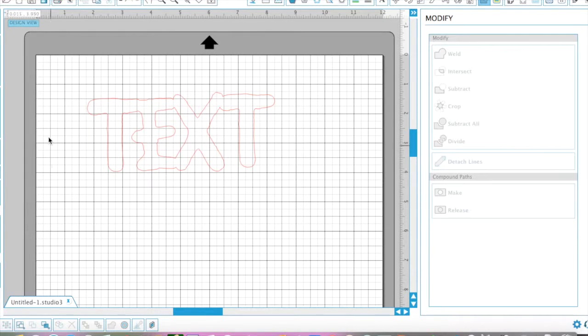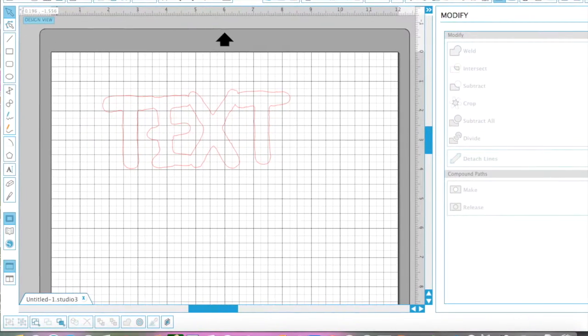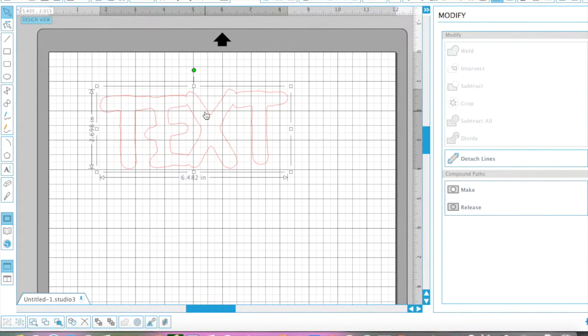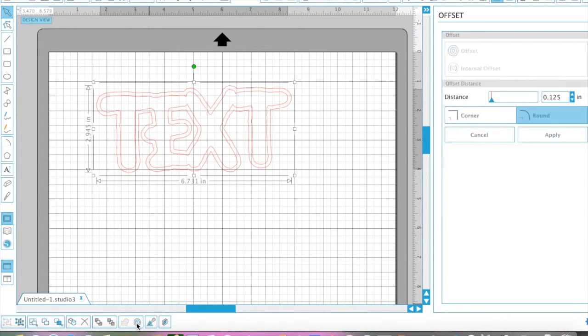Now the other thing I'm going to show you again is clicking on the whole word text. Sometimes you want to put that little background behind a word on chipboard. So here we're going to use the offset button down on the bottom here. As you see, it went around the edge of my text. Now again, there's an offset button on the top. I click that and it gets me to the same